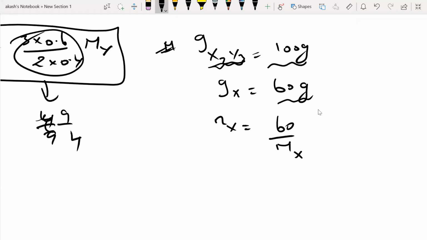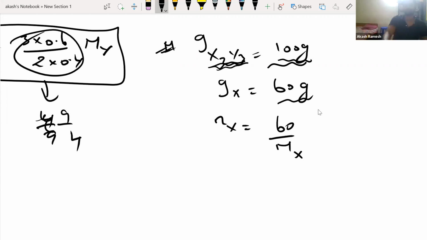Sir, no, sir. N of X is actually 2. N of X is 2. Okay, you can directly take it. But yes, if you are taking it as 100 grams, you cannot take the number of moles as 2 directly. That's what I'm telling you. Because 100 is not the molecular mass. Are you able to understand me? If you take the number of moles of X as 2, the mass you have to take here should be the molecular mass of X2Y3, not 100 grams. Because only in the total molecular mass of X2Y3 do I have 2 moles of X. That's what you have to understand.